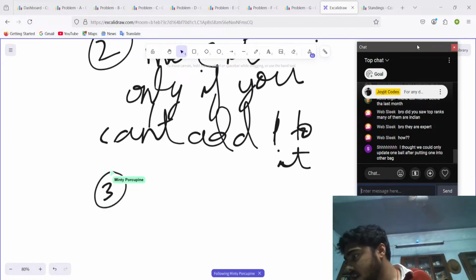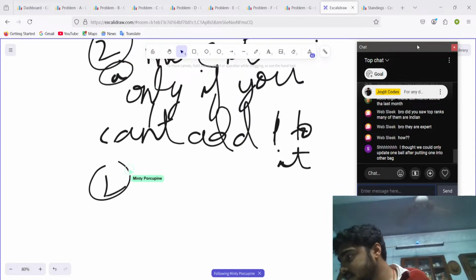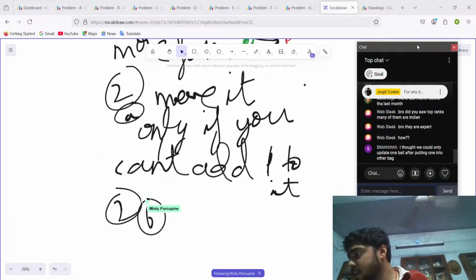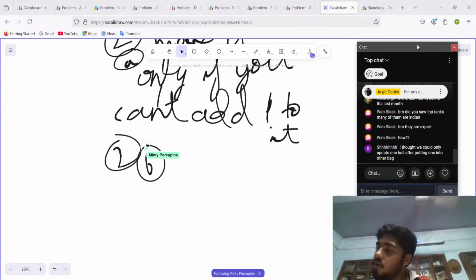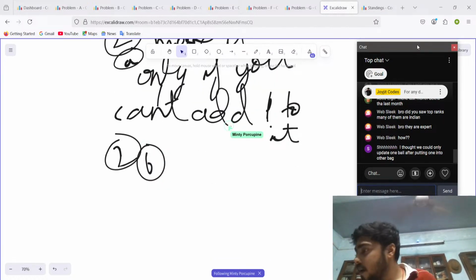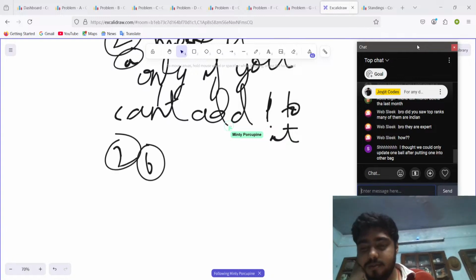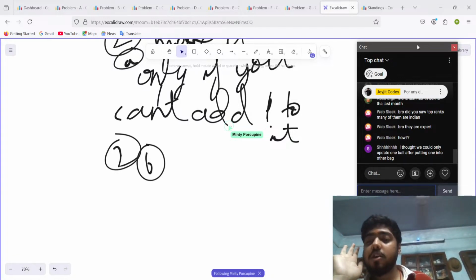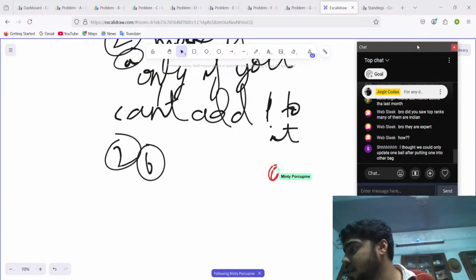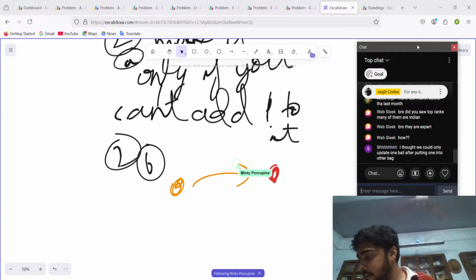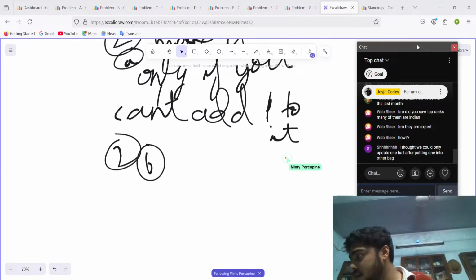That is, let's say not third. I will say it was two of A, and this is two of B. Okay, that is, two of A was: move it only if you can't add one to it. But when will you add one to it? When it is logical to add one to it, right? Whenever there is a red ball over here and an orange ball over here, then only you're going to add one to it. Because if there is no ball over here, that is the red bag, it is empty,